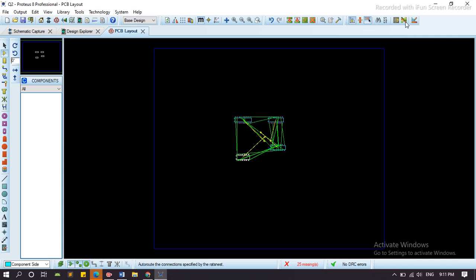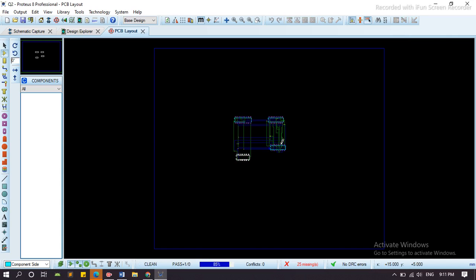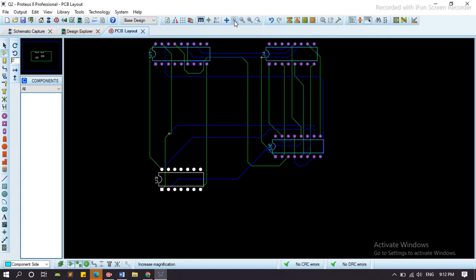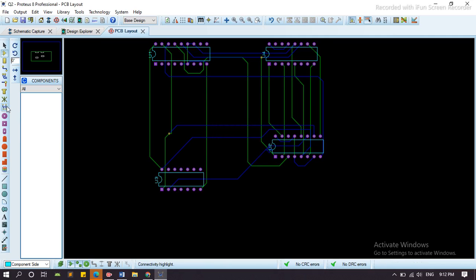Here we can auto route this. We can also increase the width by here.